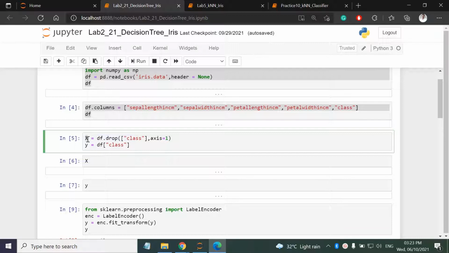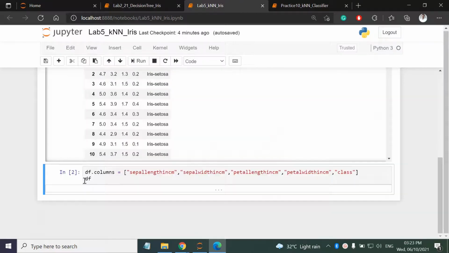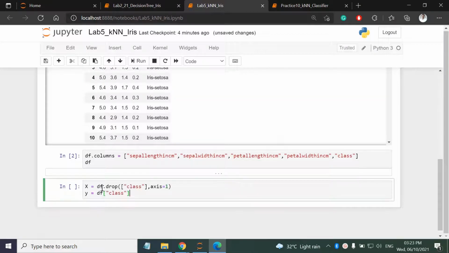So that I am storing in X. This axis 1 represents, axis 1 means column, right? So column will be deleted and you are getting input attributes. Then similarly you want output attributes, which is present in the class column. You copy that. So we need this code also. So let's copy that.